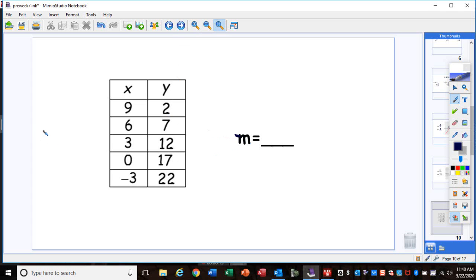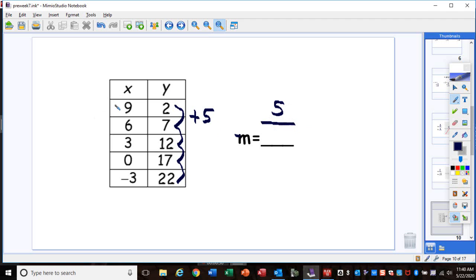Now, this is without the graph to go rise over run. We could, if we wanted to, plot each one of these points on a graph and then find the slope. But you can also do it from a pattern. Remember what we did? We look at the pattern for the y's. What are the y's going up by each time? And you were so good at this in class. It's going up by 5, I believe, right? Up by 5. Now, remember, that's the rise. The y always comes first. So we know it's a rise of 5